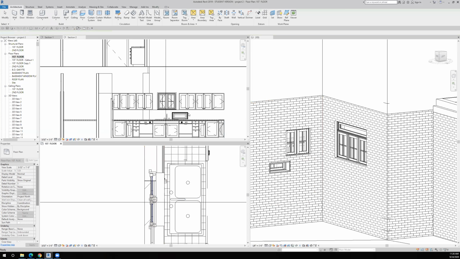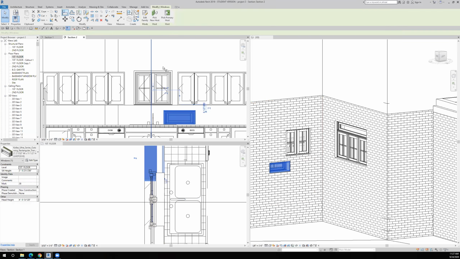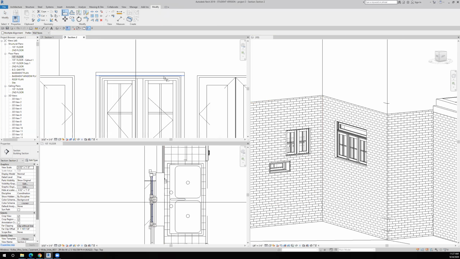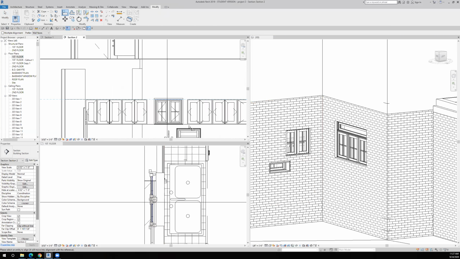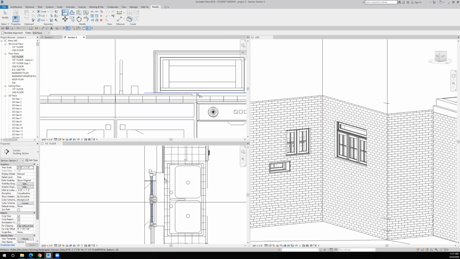So let's put it over there. Now I can use the align command and align this guy with this guy,